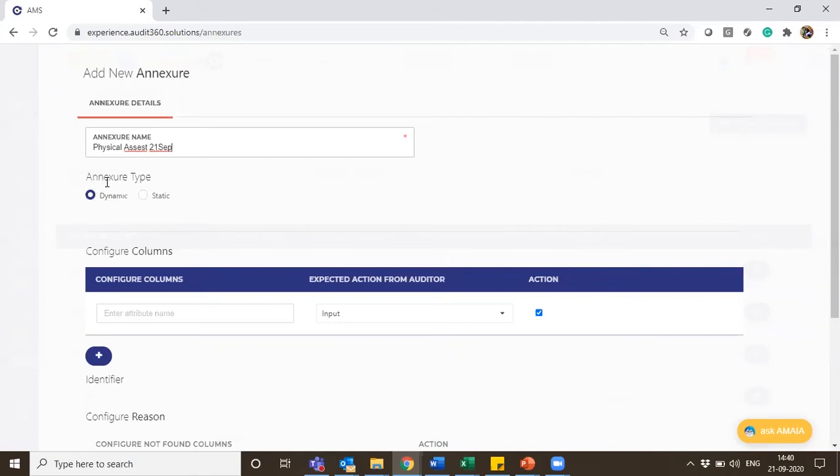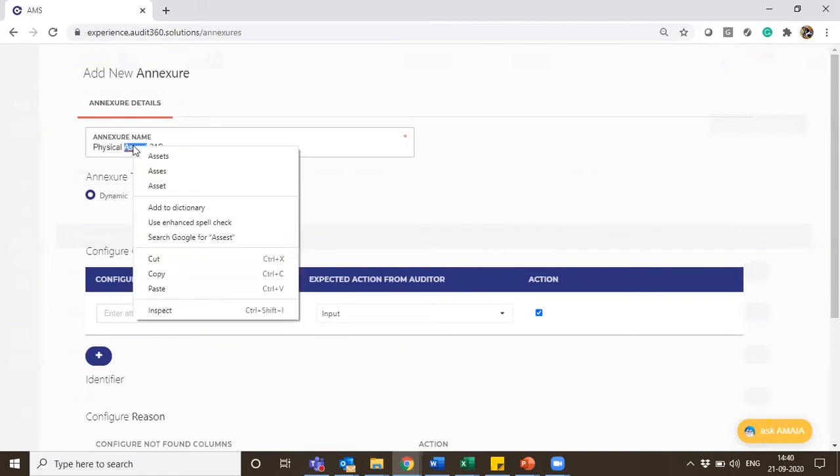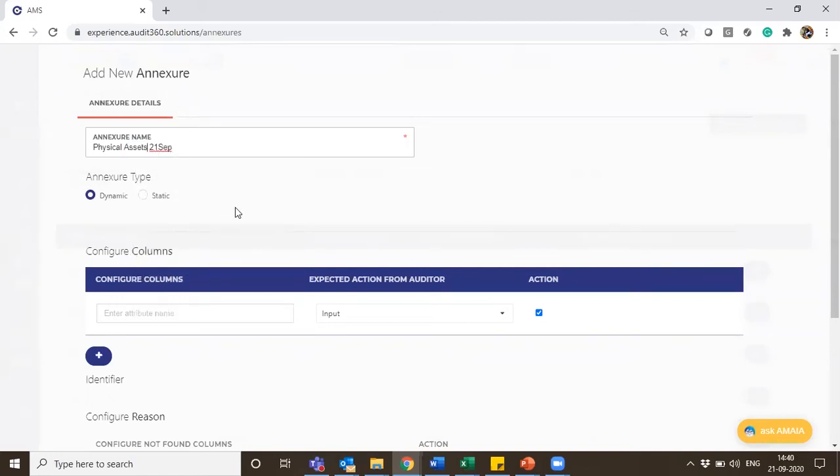In the case of physical asset, as an example which we are verifying, the sample which we always verify during the audit execution will be constant. When I talk about physical asset, I would be checking the number of chairs or the table, whatever asset has been kept as part of the branch, maybe a notice board, all that. Those are always constant. It never changes. Even if there is a change, it would be a very minor change, or an addition or a deletion in the list. So the sample we verify in the annexure would always be static.